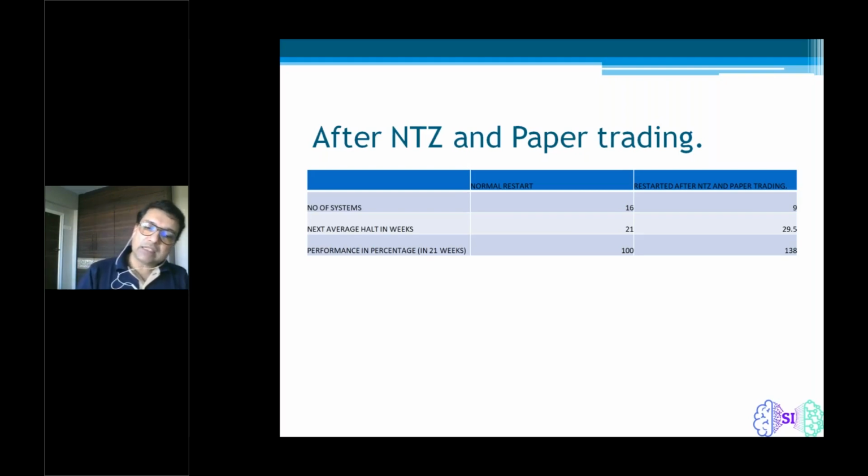So here what we are saying is, instead of jumping from one strategy to another, which we are not saying that looking for new strategies, new ideas is bad. What we are saying is that the strategies that have performed well in the past, try to regenerate them. And what we have learned by doing this is that many of our systems that have performed well in the past, like many of the people might have realized that the system that was performing well in 2019 stopped performing after say February 20.